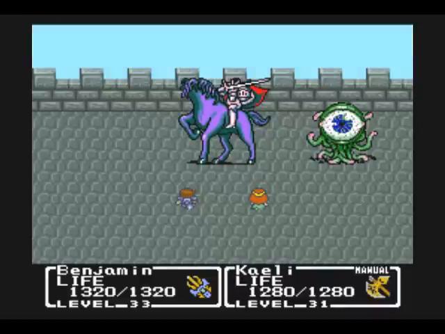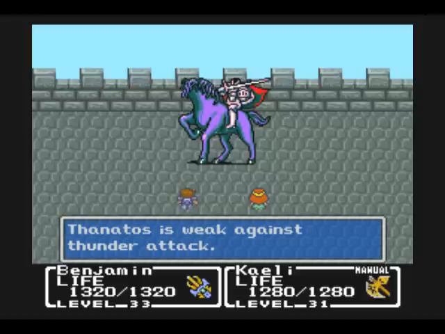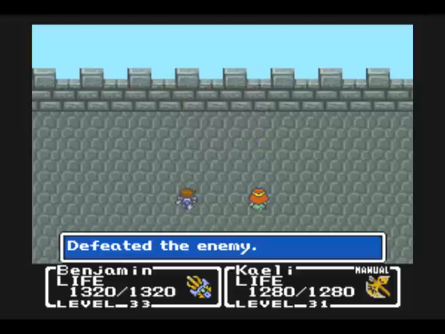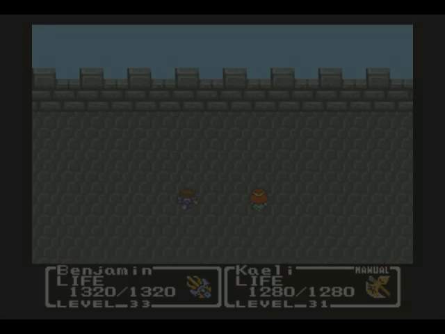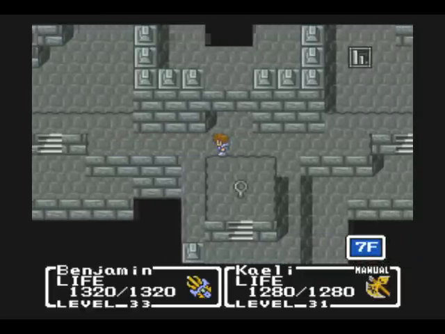Actually, I could have had Kaylee use... yeah, Kaylee use, what is it? Arrow on Thanatos. They're also weak to wind, but I figure I might as well use Thunder, because there's only... well, one of the only enemies that are weak to Thunder. There's another one. You know, I hope I didn't screw up here, but once I clear all the enemies here off-screen,